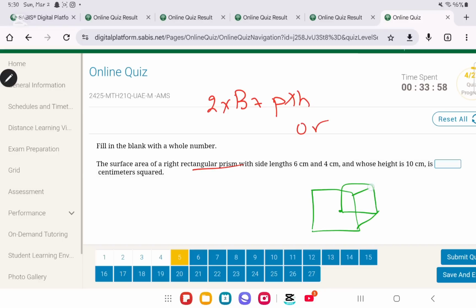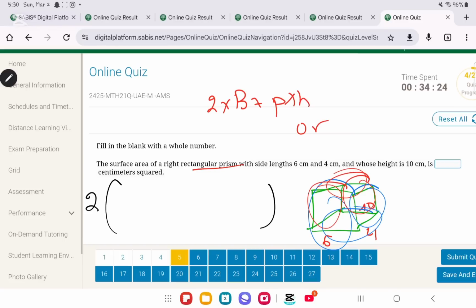So if we added all of the areas together, what would happen? We know that 6, 4, 10. So you're gonna find the area of this, okay, and this at the bottom. But we have a small issue, is that all of these are repeated another time. So you have this over here, and then this over here, and this over here. So very simply, to solve this issue, it's gonna be 2 times, and then you just find the area of